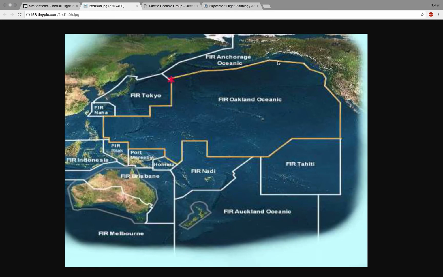That handoff has to be coordinated at the correct time with the correct amount of fuel on board, making sure that we fly at the right speed, the right altitude, and all the nitty-gritty details that we probably won't be covering in an offline flight. But if you were to fly on VATSIM or IVAO or any of those cross-the-pond events, then having this knowledge is incredibly important. We'd continue flying through Anchorage Oceanic before coming back into the Tokyo FIR there,